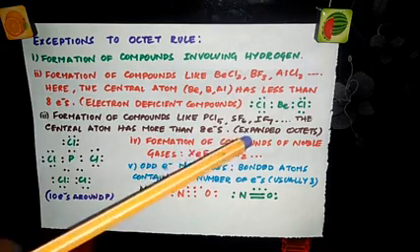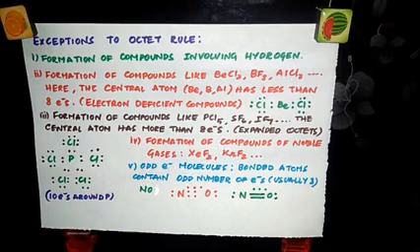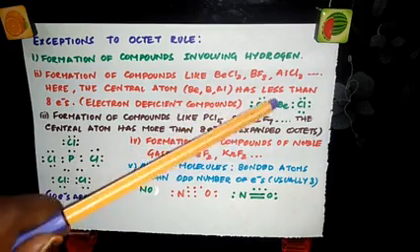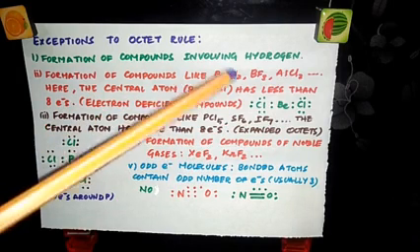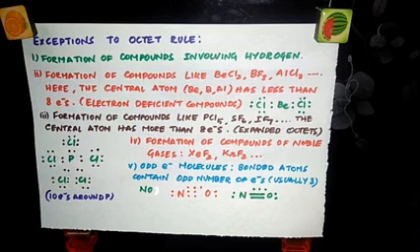I have given the example of beryllium. Here beryllium is the central atom and it has only 4 electrons. See, 1, 2, 3, 4. But still it is stable. So as you know, the octet rule is violated here. In the case of BF3, boron has 6 electrons, and in the same way aluminium also has 6 electrons around it. So they are electron deficient compounds because they don't have 8 electrons, but still they are stable. So here again the octet rule is violated.